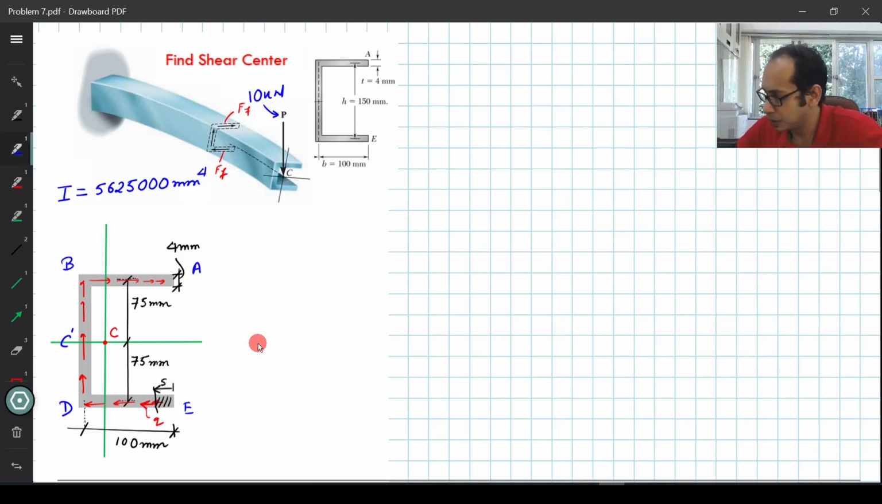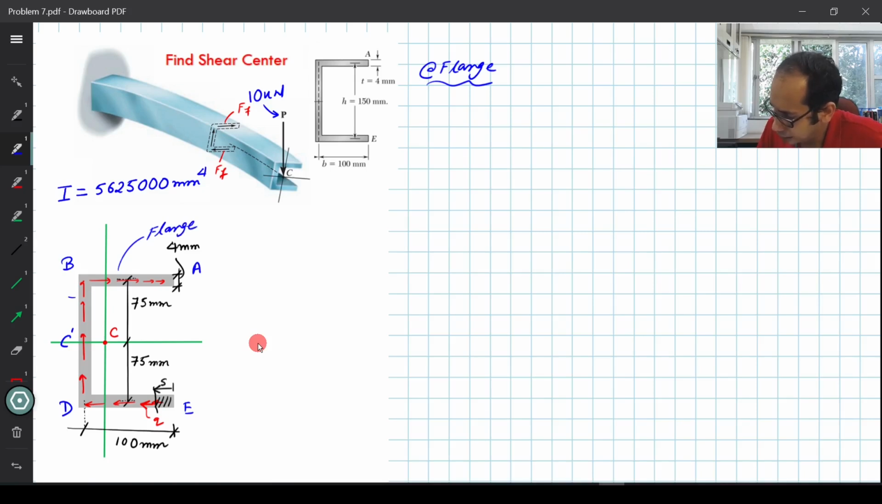So we know that our Q, so this is at the flange I'm calculating. So at flange, let me go ahead and write that. Remember, this part is the flange, the top and the bottom are the flange, and this guy is the web. So at the flange, at this part where I have taken this section,